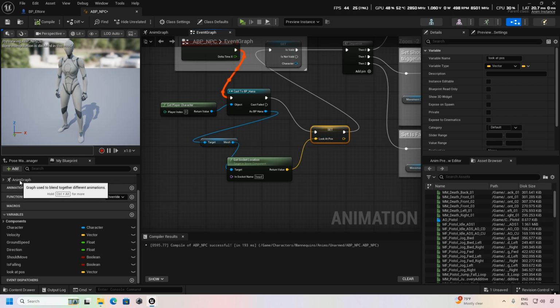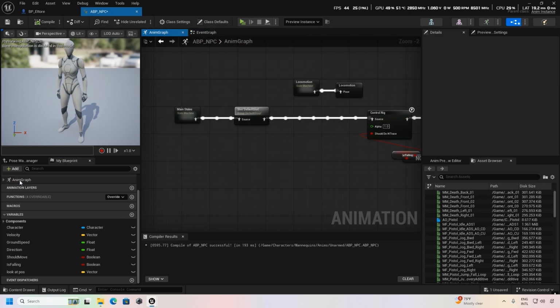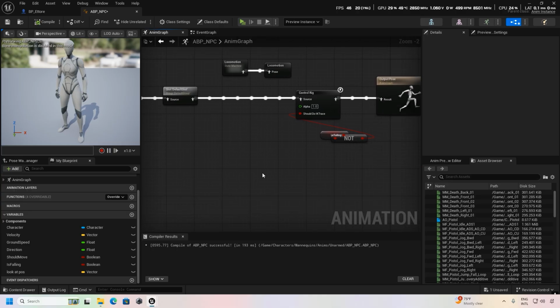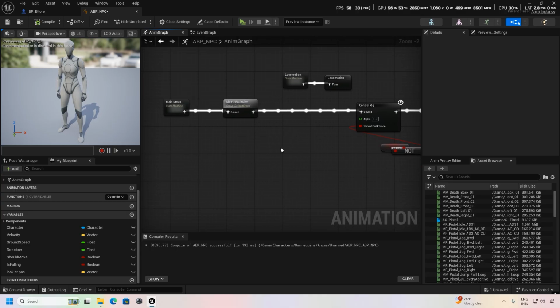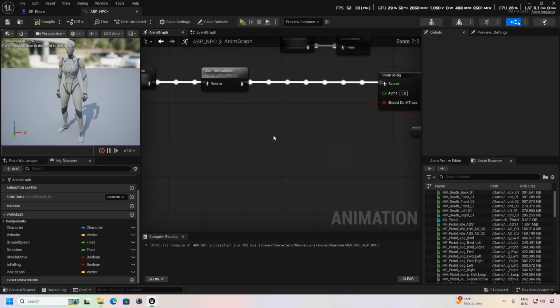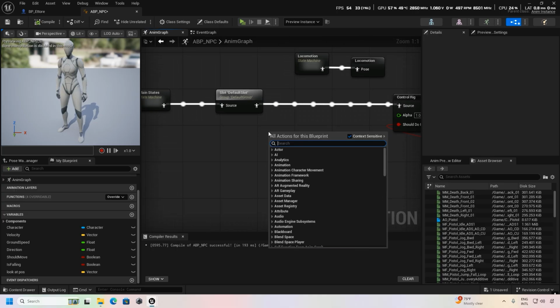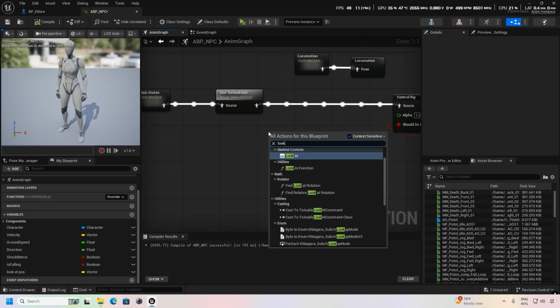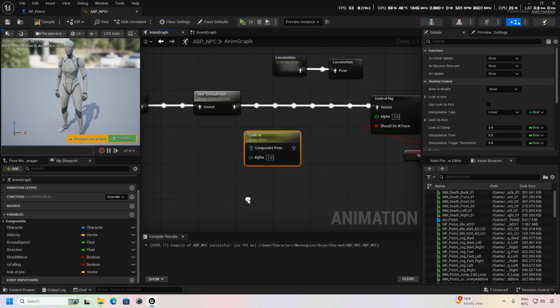Now we go to the animation blueprint, the anim graph, and there we have the main state. We right-click and search Look At, find it.